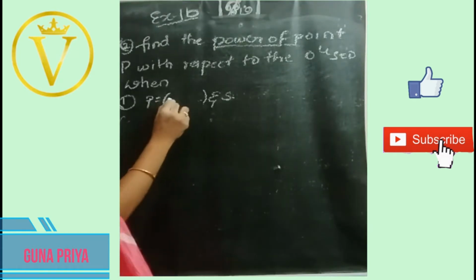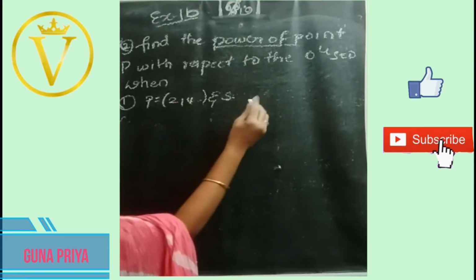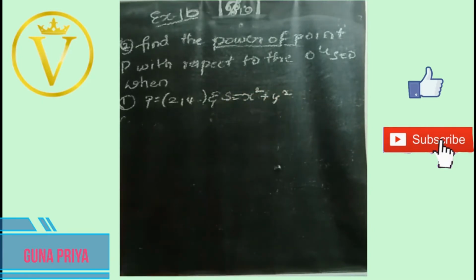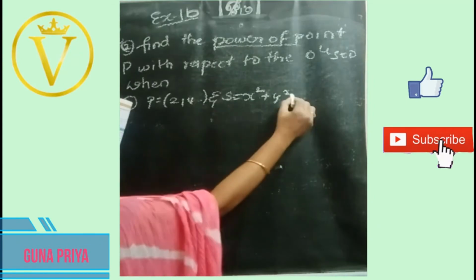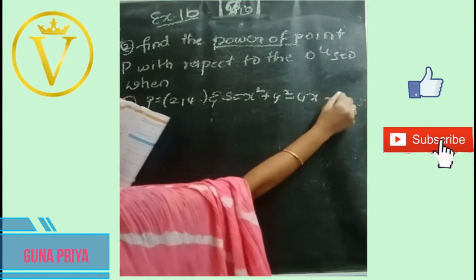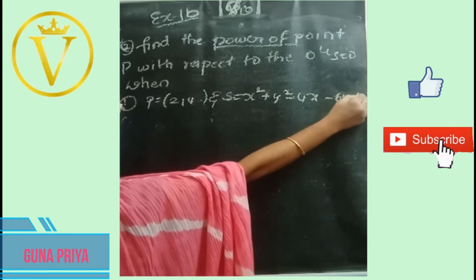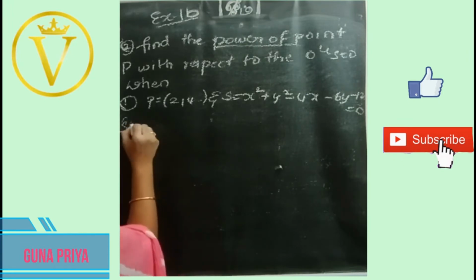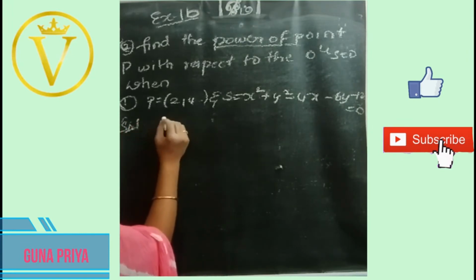So our another point is 2, 4 and S equals x square plus y square minus 4x minus 6y minus 12 equals 0. So they have given this circle equation and point. Now we have to find out. Okay, first our given point